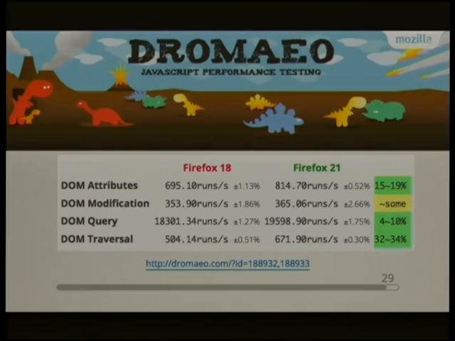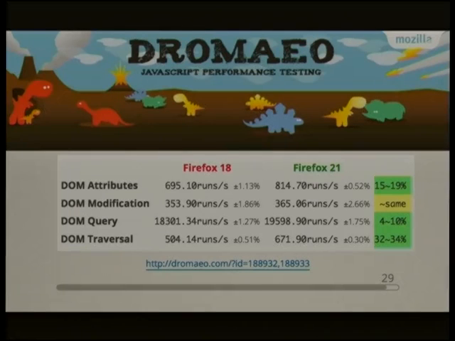But you can see here that with these particular test suites, the difference between Firefox 18, which is the current release, and 21, which is the current nightly, most of this difference is going to come from the IDL improvements that we've done, so implementing based on WebIDL. With some of them, we actually get quite substantial percentage increases in the number of operations that the test suite is doing. Obviously, I haven't actually looked into exactly what kinds of operations they are, but you can see the kind of effects that